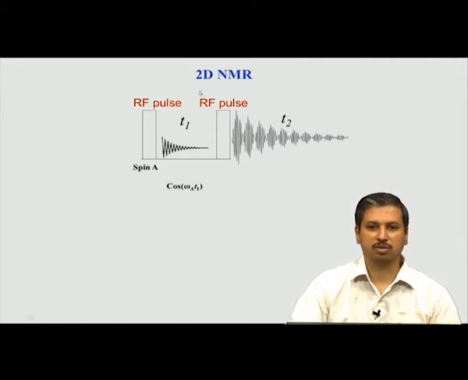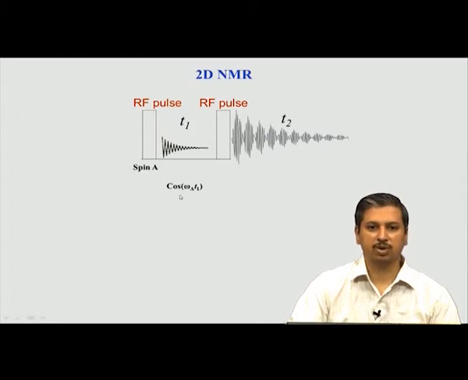Now let us look at the mathematics of it. We have spin A, which is basically excited, let us say. In the first case we talked about generality, now we will go to a specific spin. Let us imagine that you are applying the first RF pulse to a spin A, one atom in the molecule. Now, that will start evolving by chemical shift.